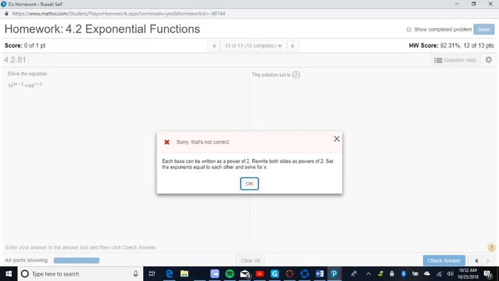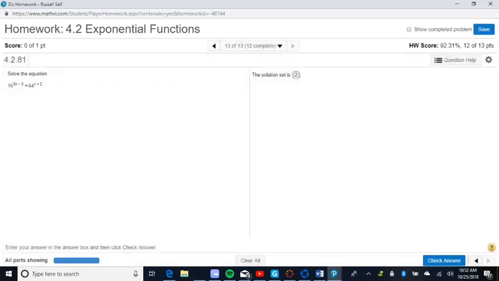They use powers of 2. Why? Hold on a second. Okay, well, powers of 4 should work, but if you were paying any attention, you'll know where my mistake was. The exponent on the first one was 3x minus 3, and I just wrote it as 3x. So I wrote the problem down wrong. Imagine that. So we're going to do it again with 4s, just to show you that it won't matter,